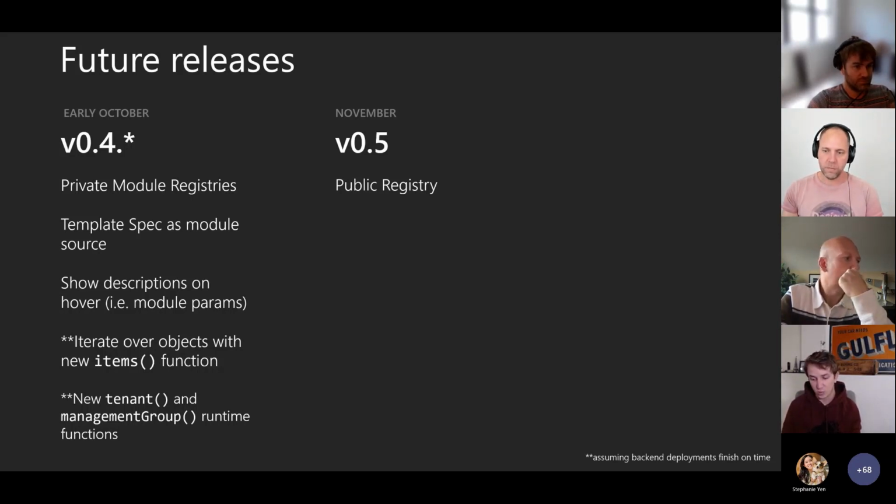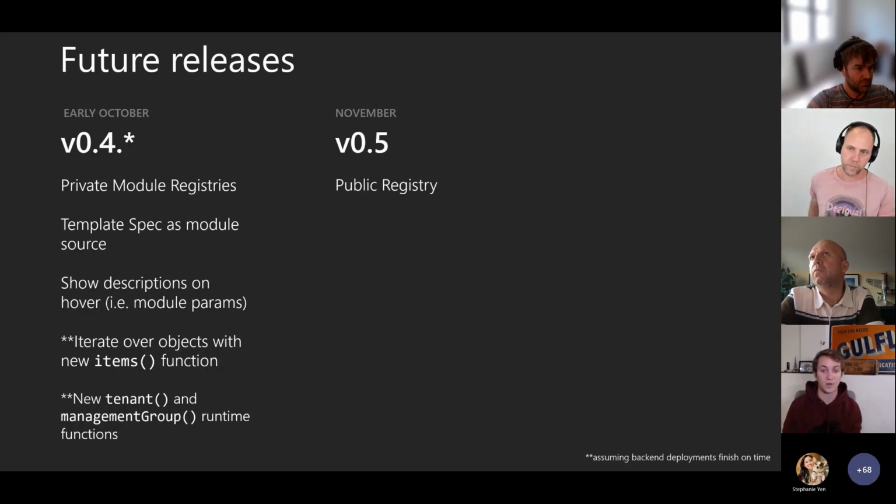The two types of modules that we expect to have, at least at the beginning, are things really analogous to your VM create in the portal scenarios, where we've taken what is sometimes a complicated deployment and parameterized the right things to make it fairly straightforward to get simple VMs and things of that nature, as well as common combinations of resources like managed identity and role assignment, or server farm and website. There are a variety of them out there, but we want to have those kinds of combinations or solution type things in the registry.